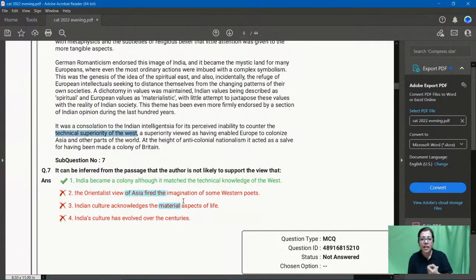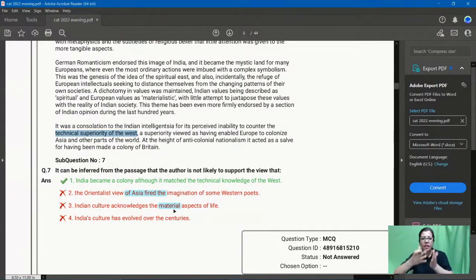3 में क्योंकि उन लोगों ने गलत समझा. पैराग्राफ में जब आप जाके देखेंगे तो वहां बोला है कि इंडिया में मटीरियल बोला जाता था, डोंट चेज मटीरियलिज्म. यूरोपियंस कहते थे मटीरियलिस्टिक. बट क्वेश्चन डज नॉट आस्क यू कि इंडियन कल्चर एक्सेप्टेड और फॉलोड, नहीं, एक्नॉलेज्ड. सो इंडियन कल्चर एक्नॉलेजेस. द पैराग्राफ सेज दैट इंडियन स्टडीज में दोनों इंक्लूड किया गया था कि इंडियन ये था, यूरोपियन ये था. देयर वाज अ डिकोटमी.